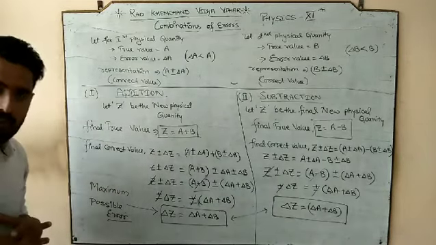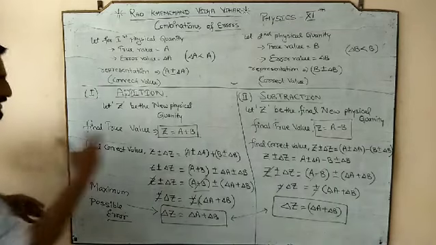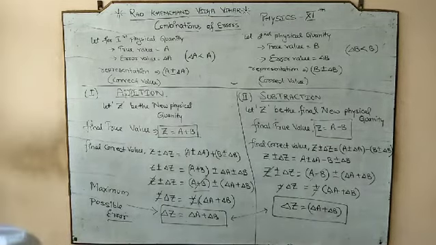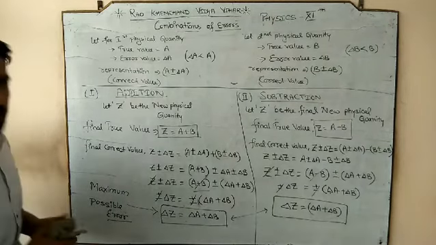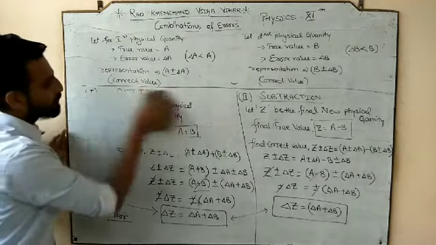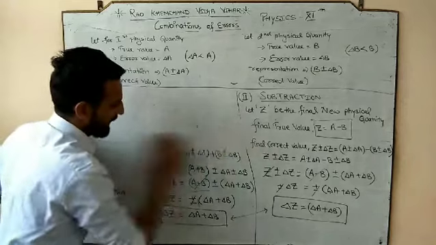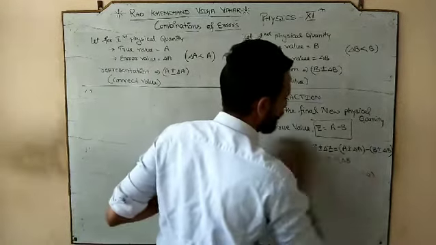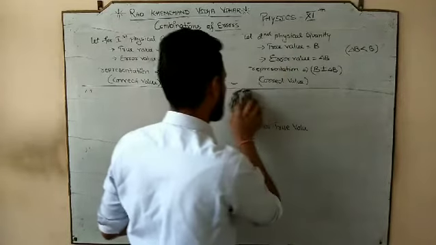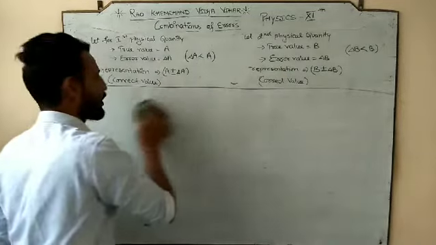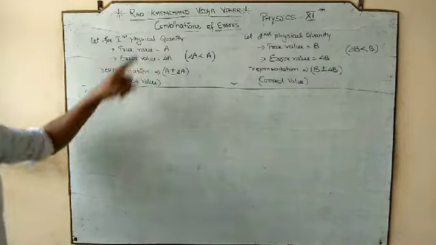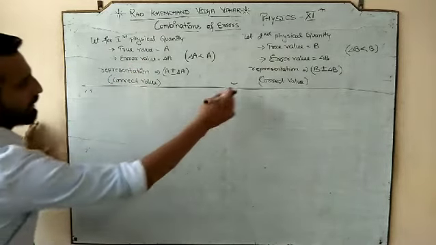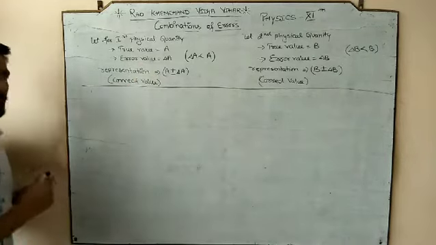And now we are going to perform the subtraction. So first of all, by pausing the video, addition and subtraction. Done? Okay. Now we are going to perform our next operation, and the next operation is multiplication. So again, I am not rubbing the above data, and that above data is about the first physical quantity and about the second physical quantity.